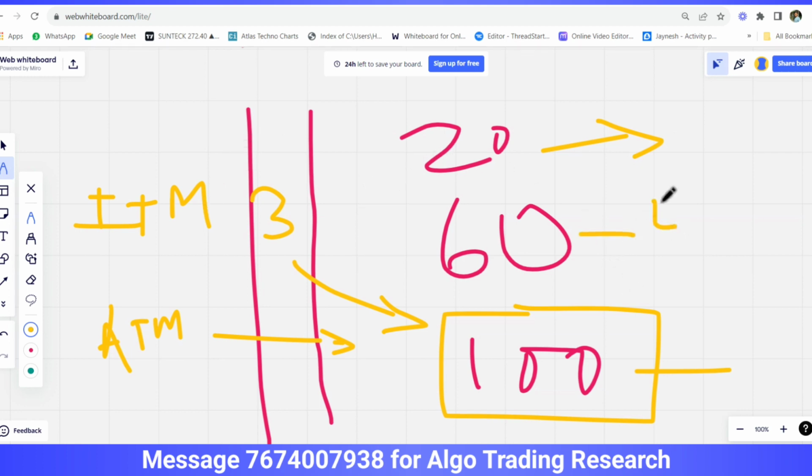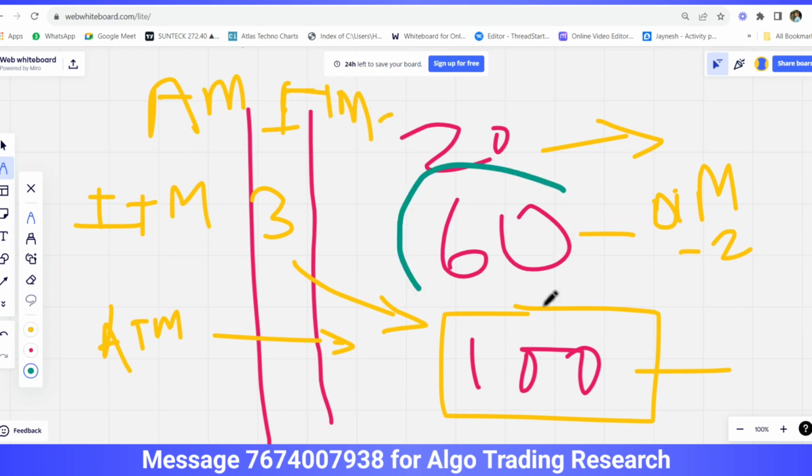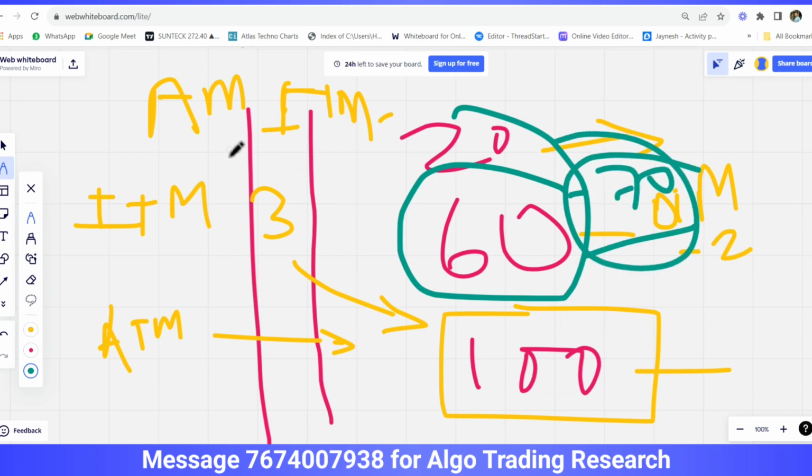60 rupees is OTM 2 on Friday, and it becomes at the money on, let's say, Tuesday, and Wednesday it will be near at the money. Thursday it will be ITM 1. So the premium that you have to select in case of Nifty options will be 60 rupees would be the ideal. 60 to 70 rupees would be the ideal premiums that you should be selecting in case of Nifty